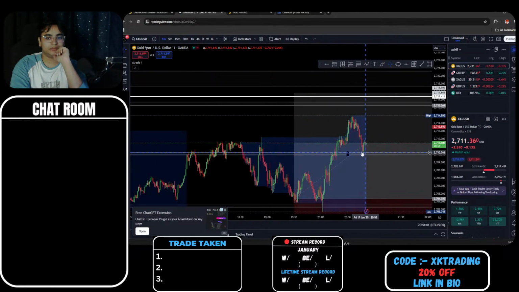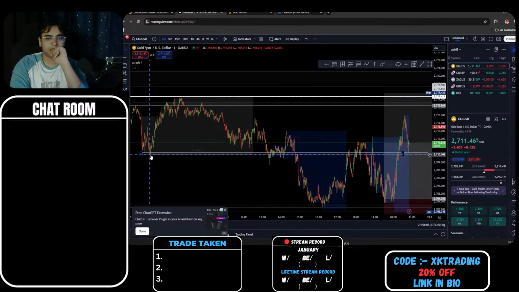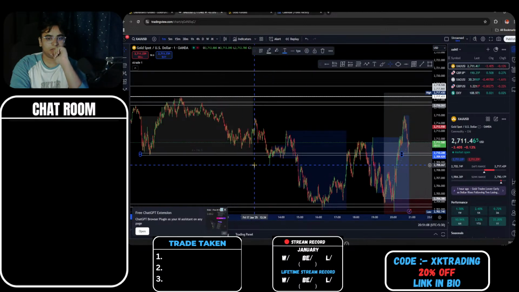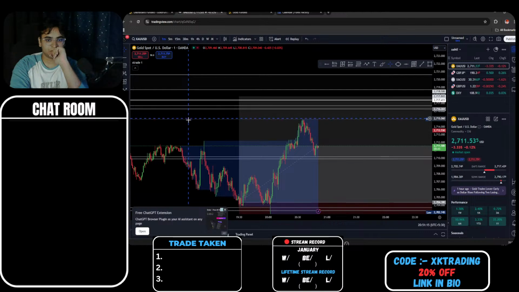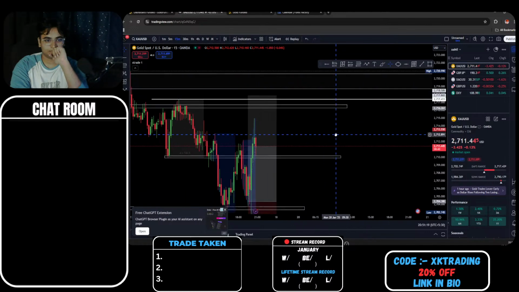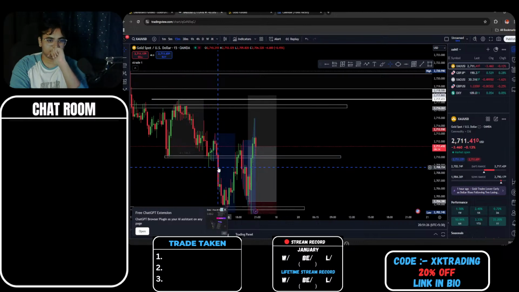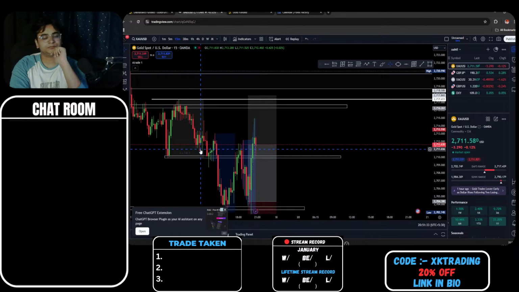Yeah, see, we are rejecting this zone here. We are respecting the zone we have drawn, and there's a high probability that after respecting that we can tap into 2716 or so, because with the last candles we have tapped here many times, and even tapping into 2708.7 or so is good, because after that we had nice pushes to the upside. Yep.